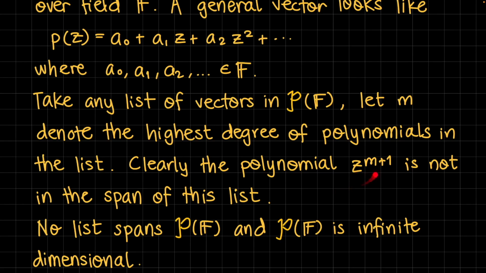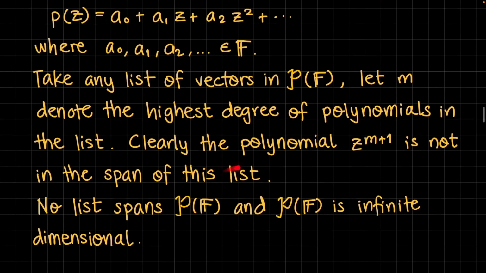You can't write z to the m plus 1 as a linear combination of polynomials of lower degree. So this polynomial with one higher degree is not in the span of this list. And since m was arbitrary,